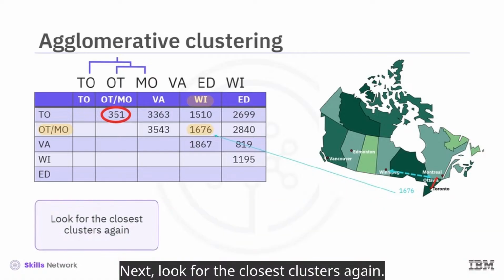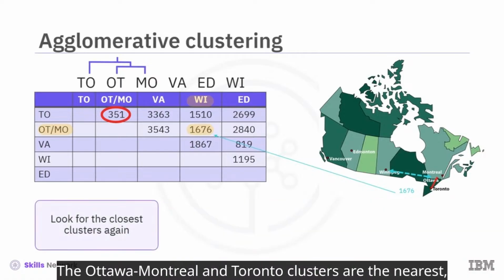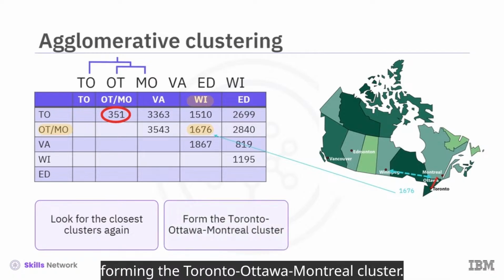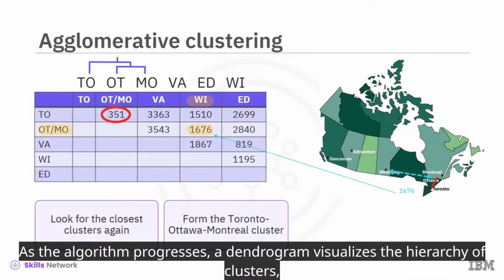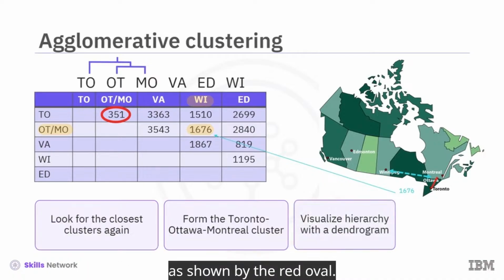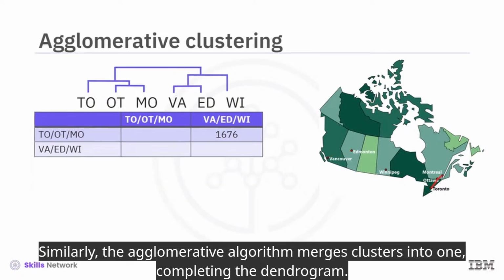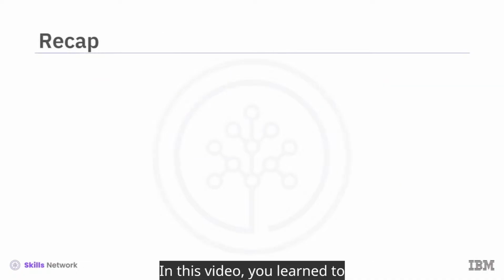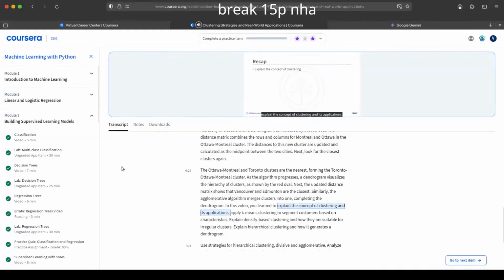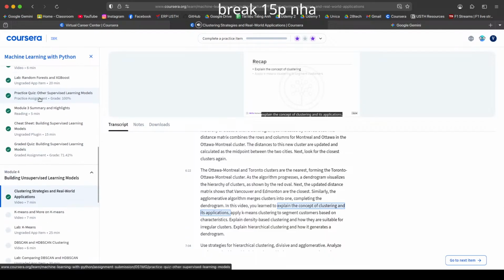Next, look for the closest clusters again. The Ottawa-Montreal and Toronto clusters are the nearest, forming the Toronto-Ottawa-Montreal cluster. As the algorithm progresses, a dendrogram visualizes the hierarchy of clusters, as shown by the red oval. Next, the updated distance matrix shows that Vancouver and Edmonton are the closest. Similarly, the agglomerative algorithm merges clusters into one, completing the dendrogram. In this video, you learned to explain the concept of clustering and its applications, apply k-means clustering